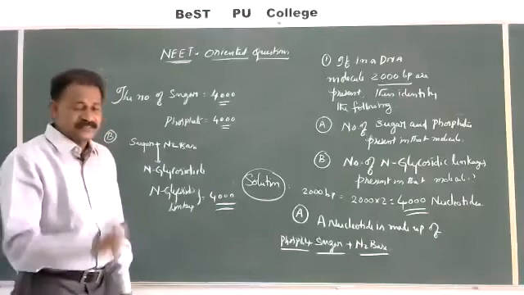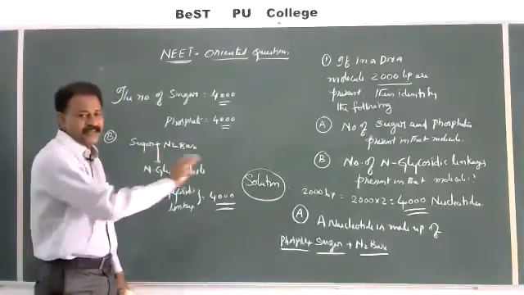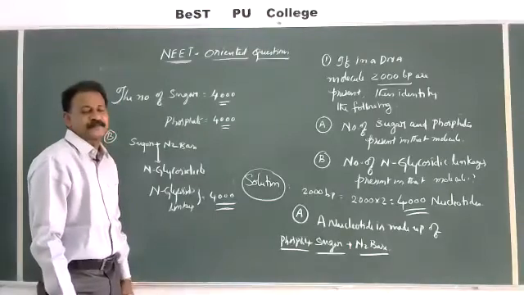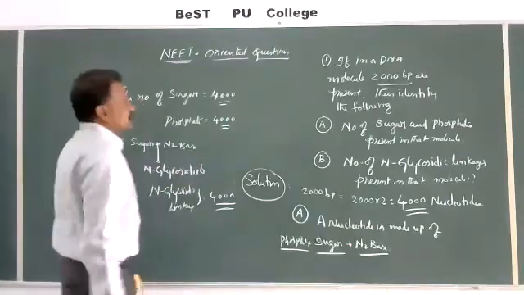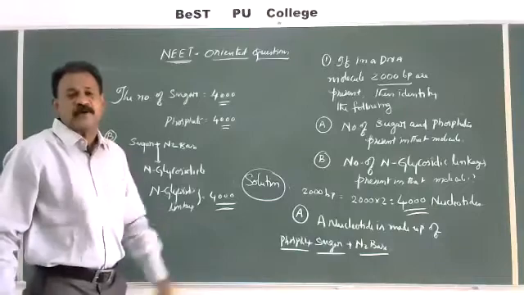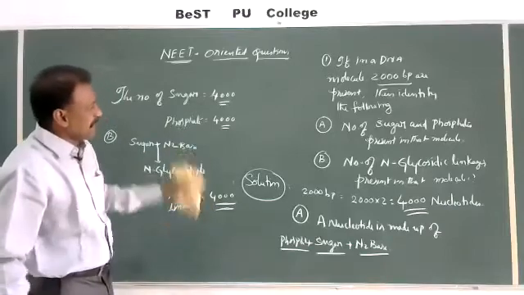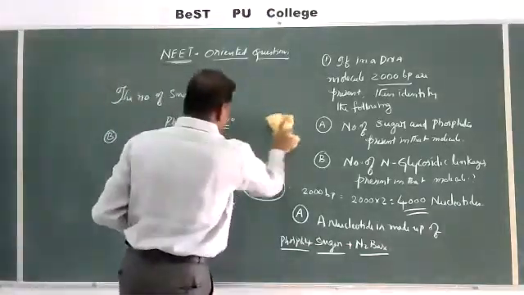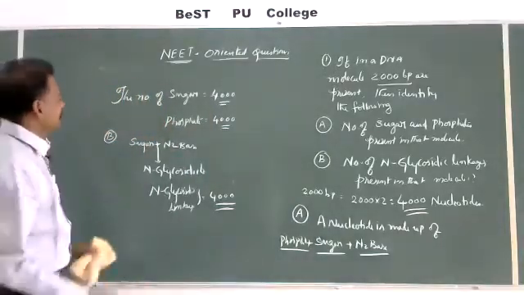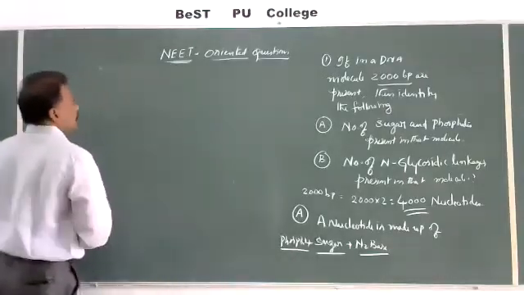So my dear students, simple analysis. One nucleotide is made up of 3 structures: phosphate, sugar, and N2 base. If they ask questions like this, they can prolong this question by asking various concepts: phosphodiester bonds, how many hydrogen bonds. So generally, if a question comes like this, the amount of sugars and phosphates are all 4000 only, according to Chargaff's rule.